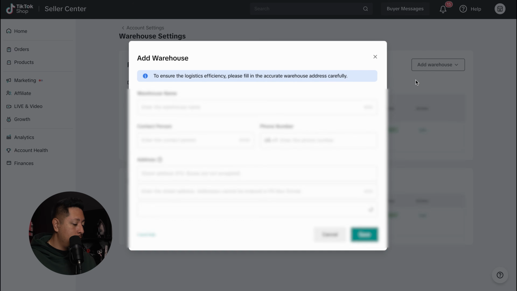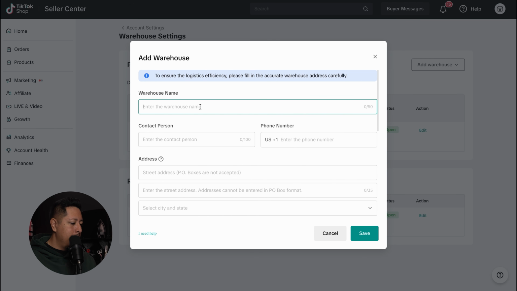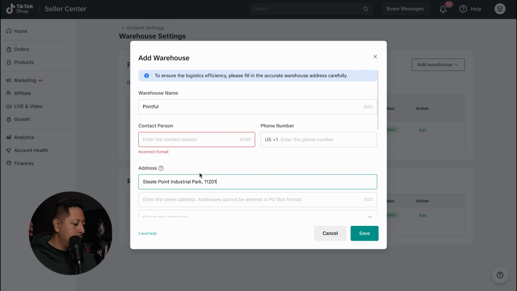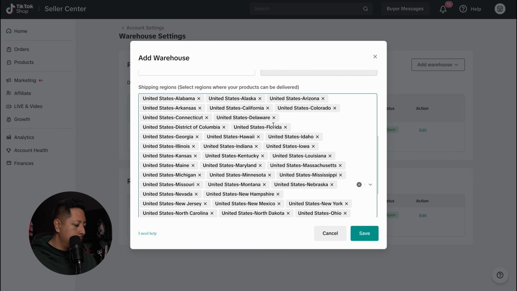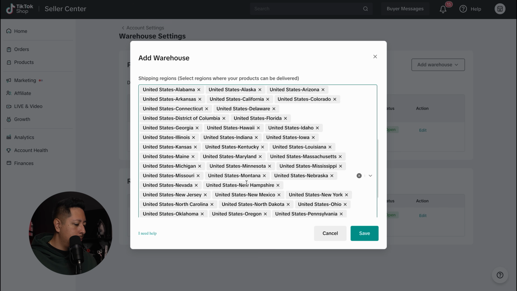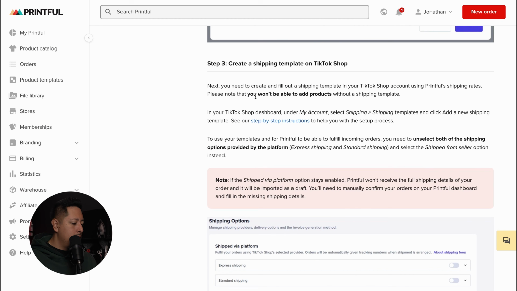Now on this, you can name it whatever you want. We're going to do something like a code name here, for us to internally know that the products are coming from Printful. So make sure you fill out that information and point those addresses to Printful. And once you've got it set up, you're going to see that it covers all those states, and the location is now open. Once you've got that warehouse set up, the next thing is you need to create a shipping